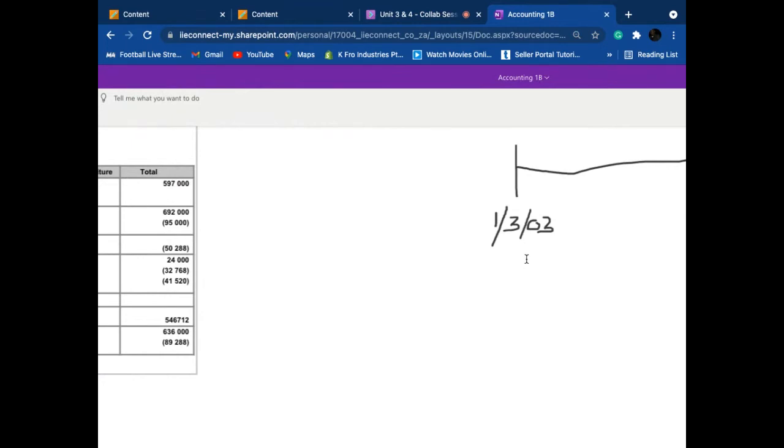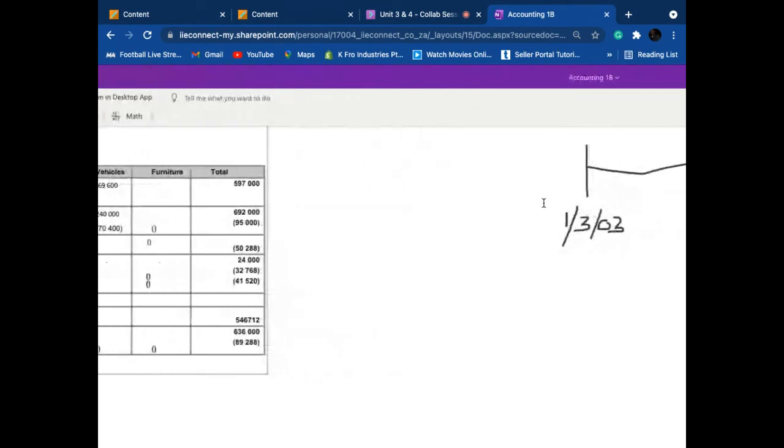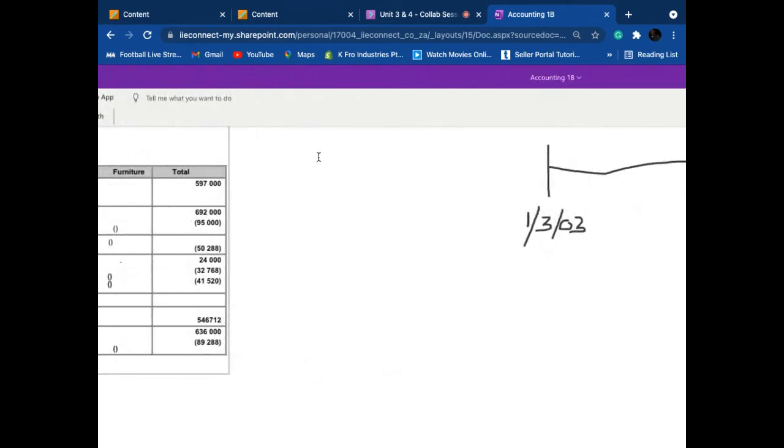So basically, the totals in terms of vehicles, in terms of the actual cost and in terms of accumulated depreciation, include the vehicle that we just sold on the 1st of March. Because that was a day, yes, we need to get rid of it. So already you're beginning to see what you've learned in terms of depreciation taking place. So when did they say we bought this vehicle? Let's just do the timeline here quickly. This was on 28 February, a vehicle with a cost price of...